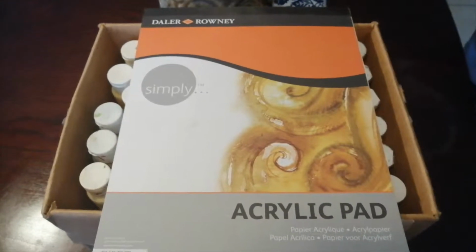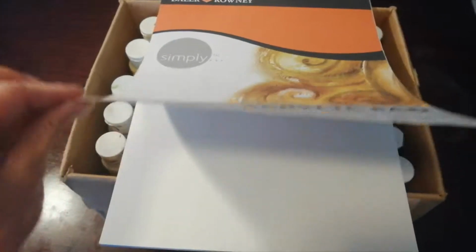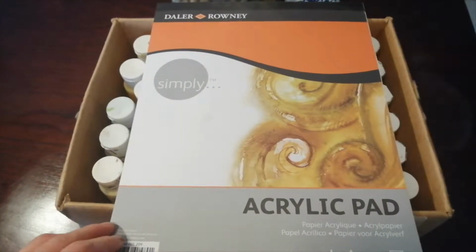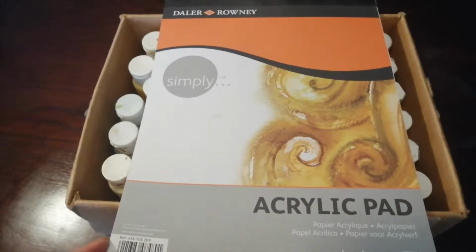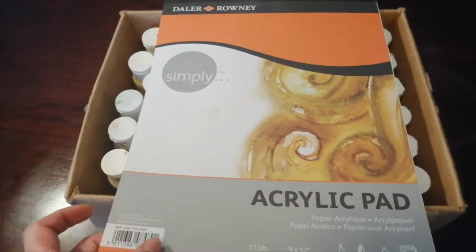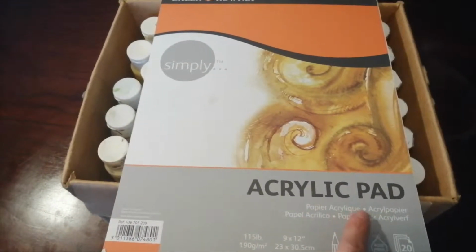Now we start with the paper we need. So we practice painting, so we can just use the paper. You can go to any craft store. I got them from Walmart, so you can get it from Walmart, Target, or Michael's, anything like this. They look a little rough, like canvas. They're already prepared, so you can practice with this paper first. Make sure they say that it's for acrylic. Okay,